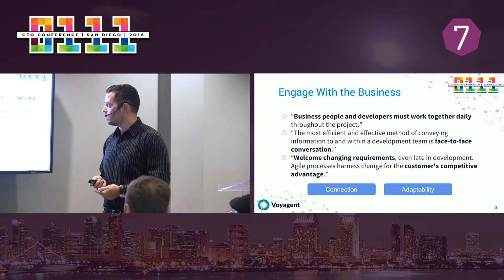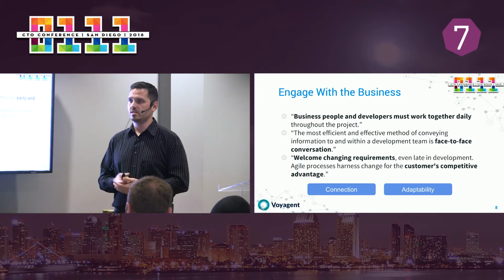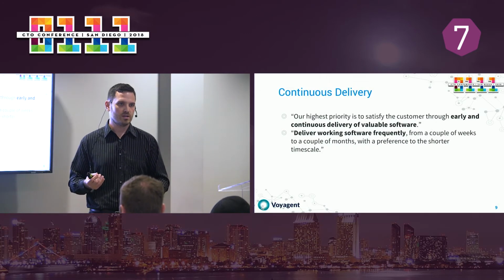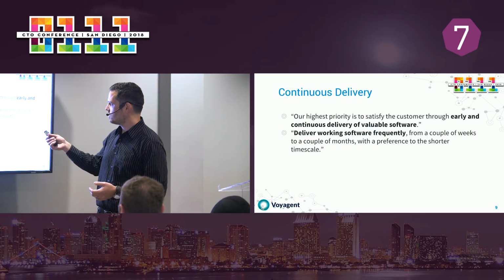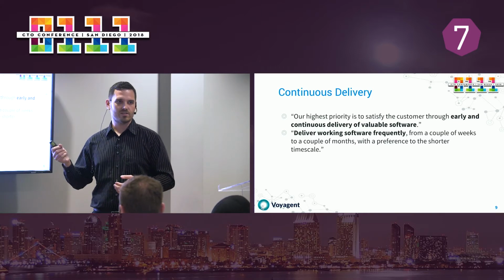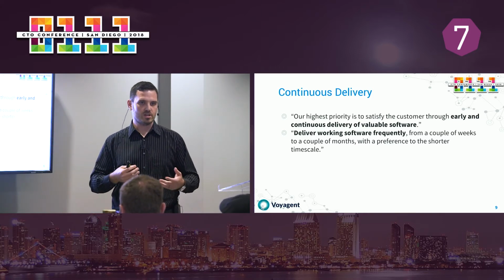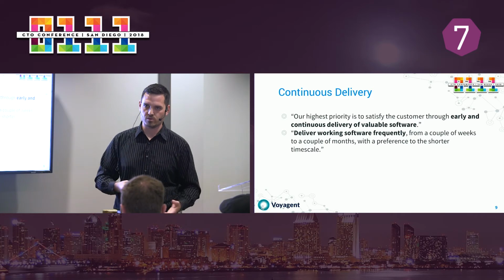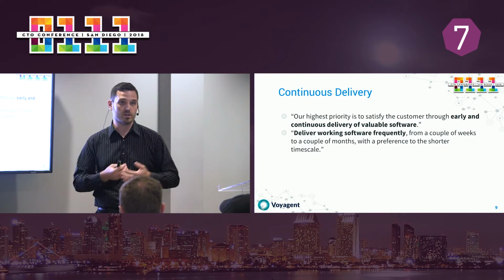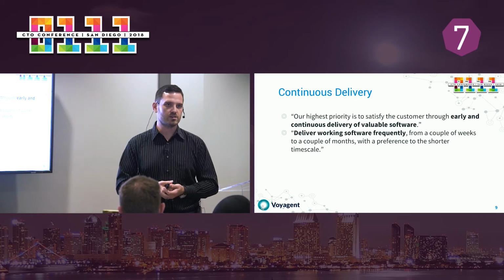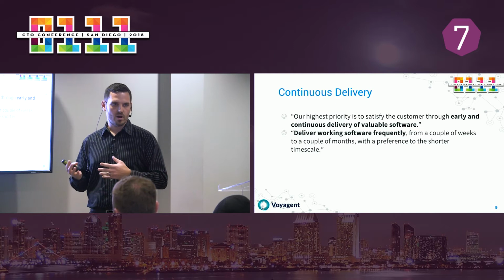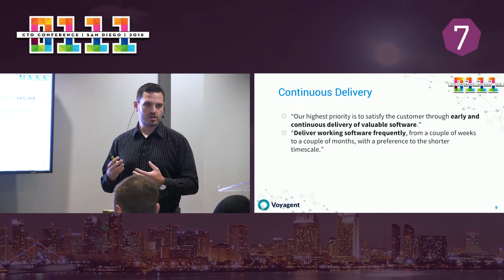Okay, the next big one is continuous delivery. So early and continuous delivery of valuable software. The key word here is valuable. So you want to understand what is valuable to the customer. And you do that through, again, user-centered design, engagement with your product owner, and strong product ownership and UX discipline, et cetera. And then be able to make the judgment call about what is the highest value work, and then